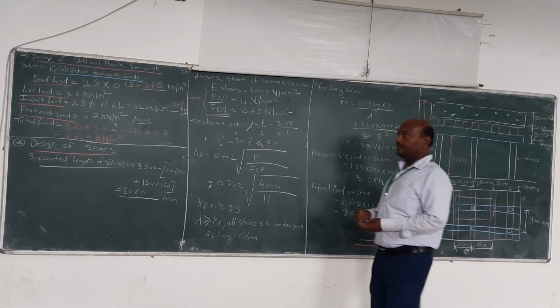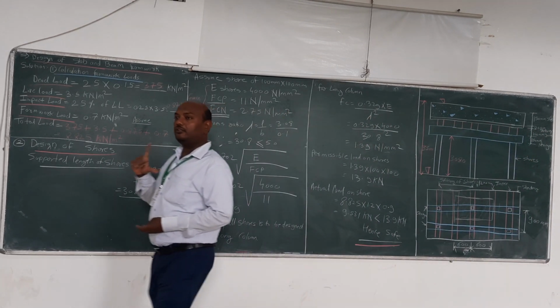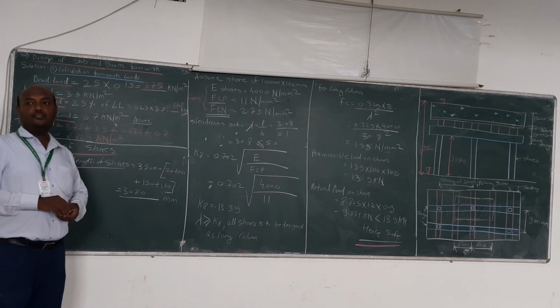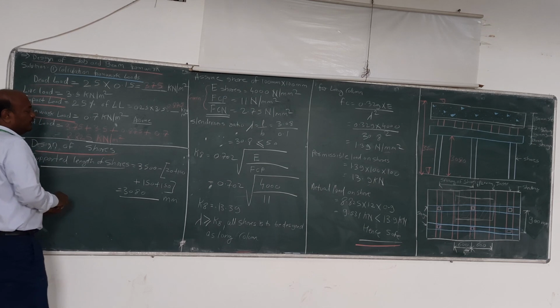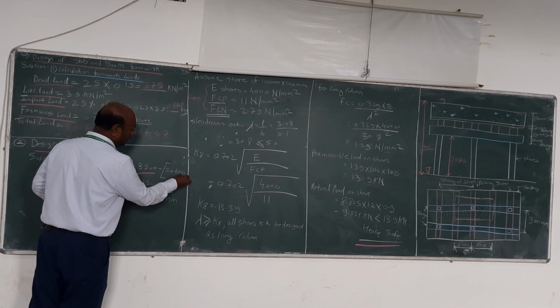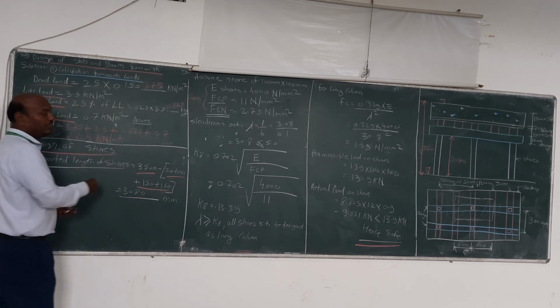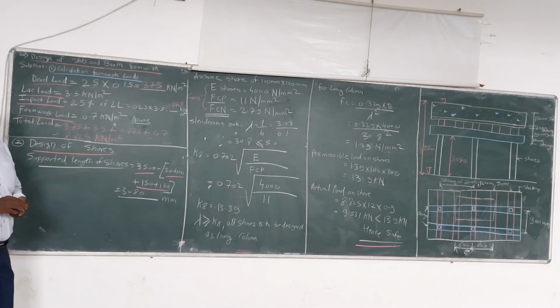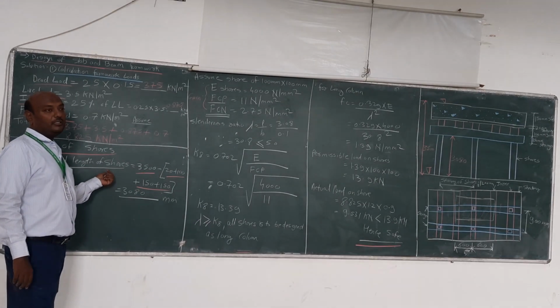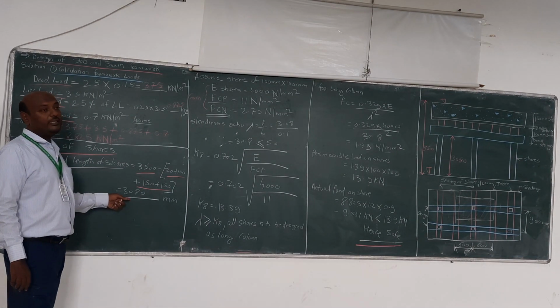Okay. The supporting length is nothing but the vertical length of the shore, which is the actual length of shore which we have to provide in this shuttering. Okay. So here from 3.5 meters we have subtracted all the thicknesses of the slab, sheeting, stranger and joist. So here we get the vertical supporting length of the shore, that is 3080 mm.